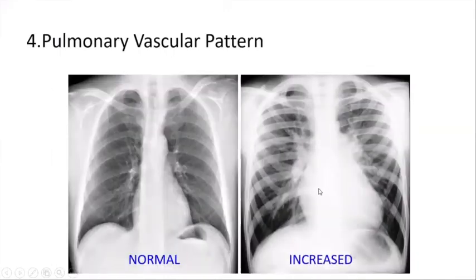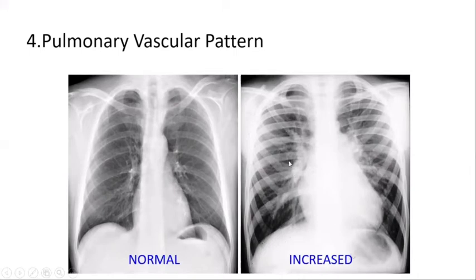Now the pulmonary vascular pattern. We already discussed the vascular pattern in the superior, middle and inferior zones, and the medial, intermediate and lateral zones, and how they change. Now we can see the vascular changes in venous and pulmonary arterial hypertension. This is normal, which we have already discussed. There is tapering of the vessels from the hila toward the periphery. Similarly, there is increased vascularity from the apex toward the bases of the lungs.